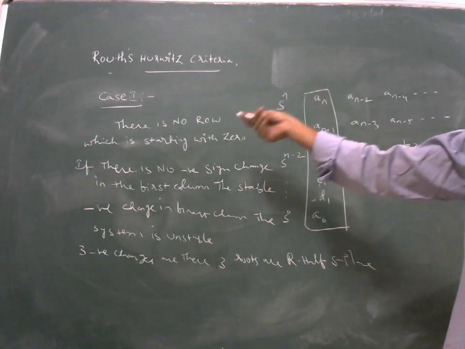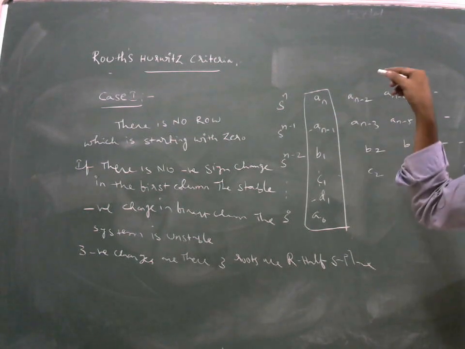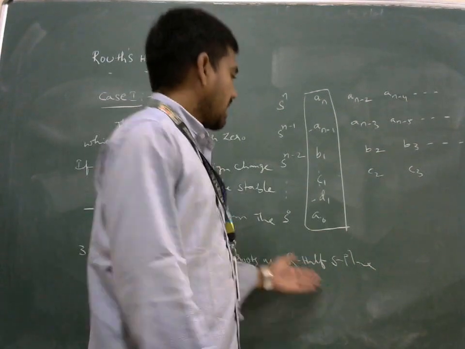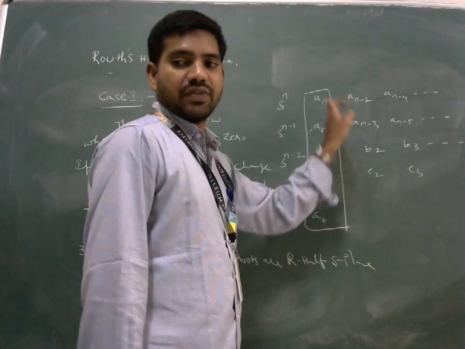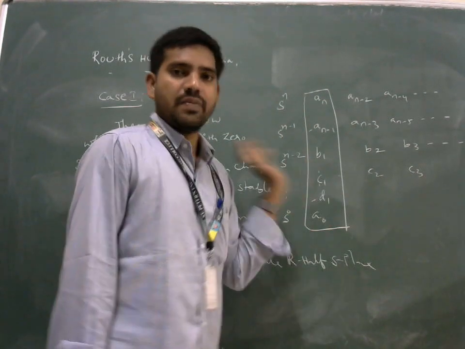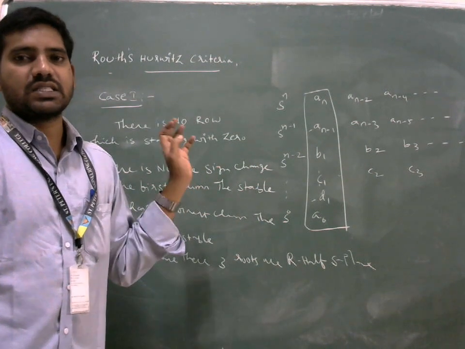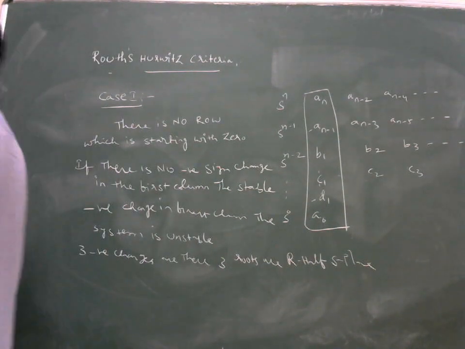This is case 1, very simple. There is no difficulty. If there is no zero term in the row, how many rows are there? 1, 2, 3, 4. Is there any element starting with 0? No. All rows have full elements. There may be positive or negative values, whenever you take that consideration from the problem, you can take that. The second case.